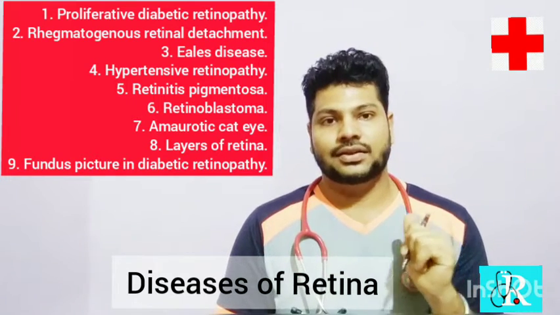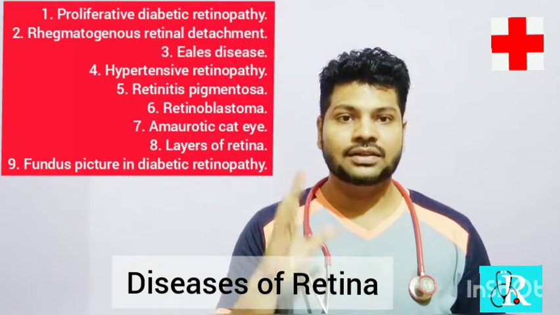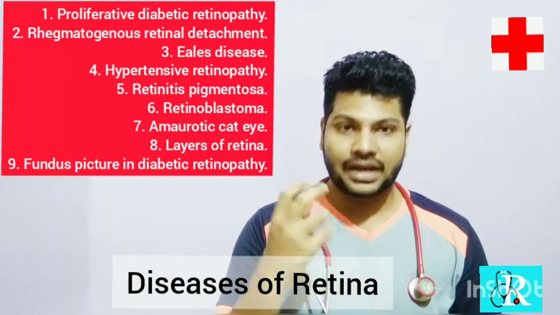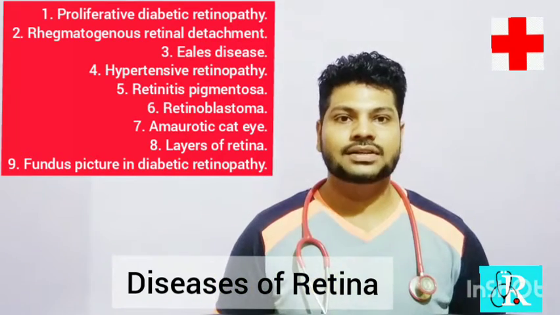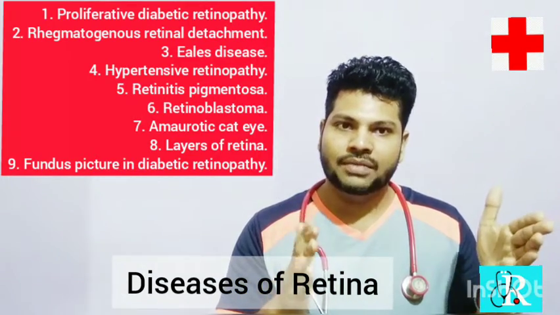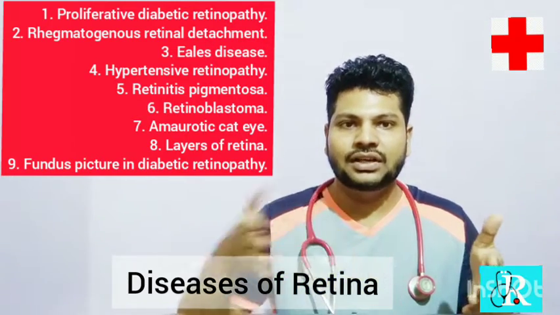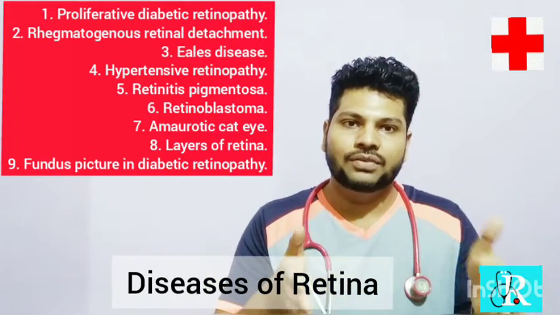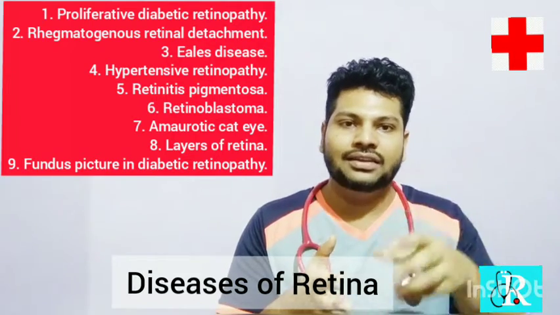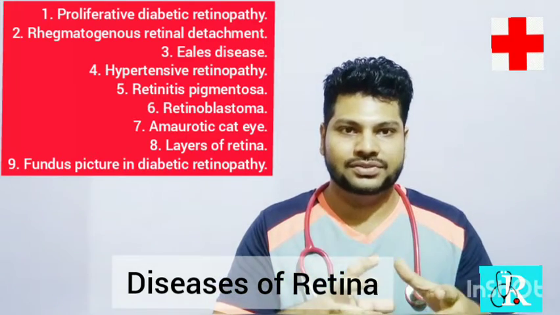Now comes the layers of the retina. It is again part of anatomy and physiology. The retina is the third, innermost layer of the eye, and it is a light sensitive layer. It has 10 layers. It has an outer limiting membrane and an inner limiting membrane. The outer limiting membrane faces the choroid, and the inner limiting membrane faces the vitreous. Between them, there is a sandwich of ganglion and nerve cell bodies and the plexiforms. Plexiforms are nothing but a network of nerve fibers.